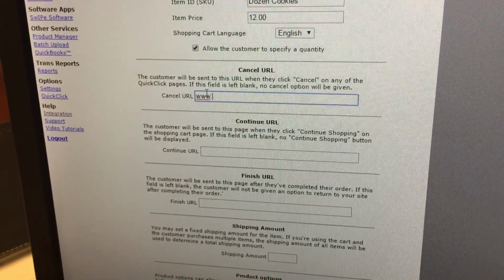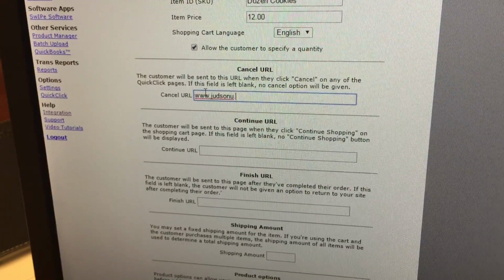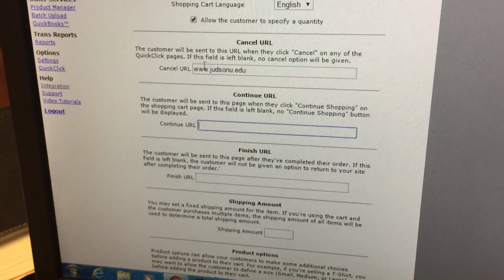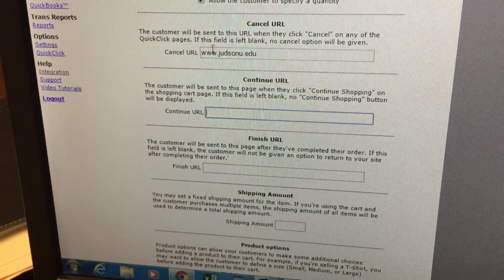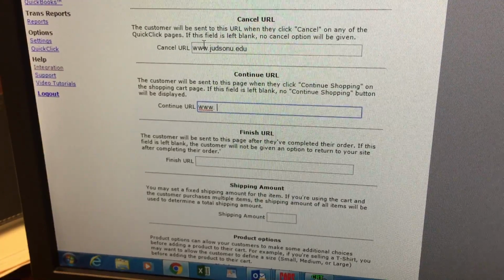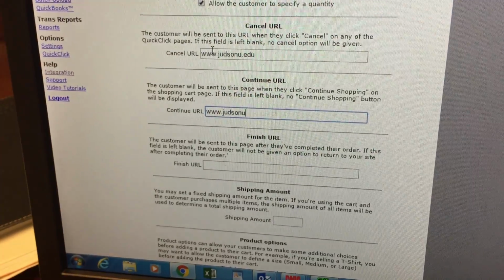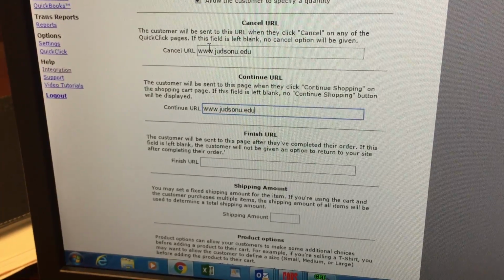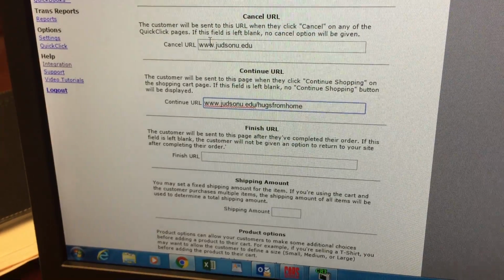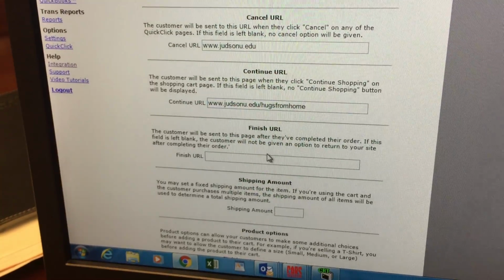So we would put judsonu.edu, and that would be when they cancel in the middle of a transaction, it would go right back to your main screen. Your continue URL would be your main page for Hugs for Home. So let's say it's judson.edu/hugs from home. I don't know if that's exactly it, but then you'll have your finish URL,